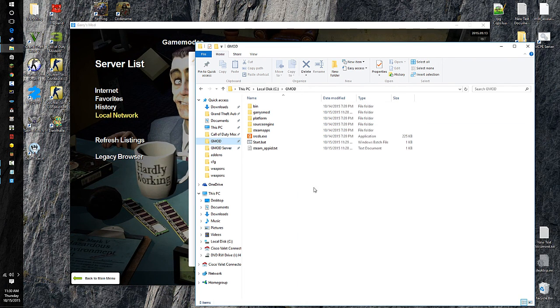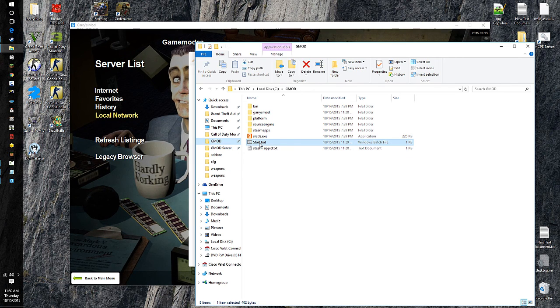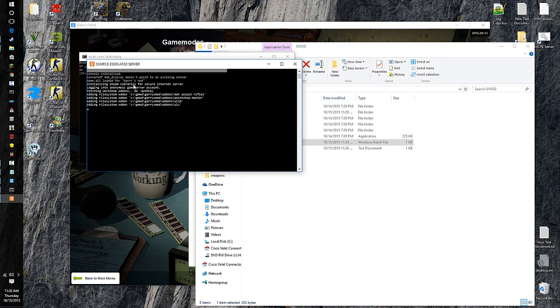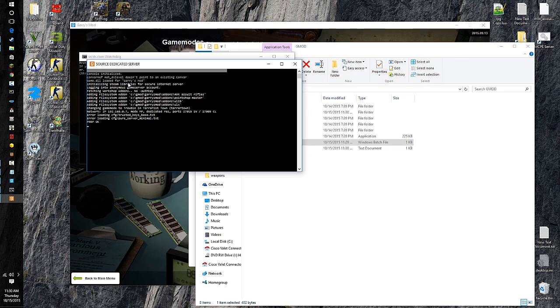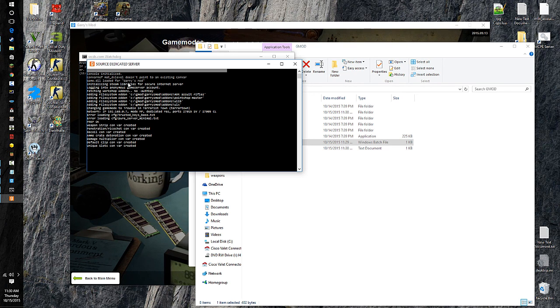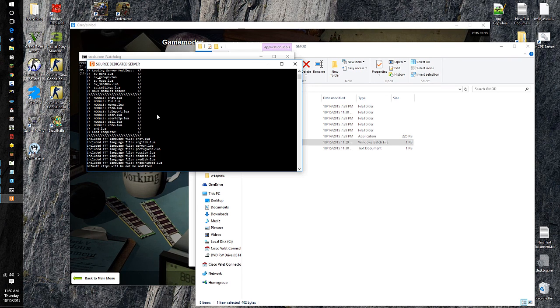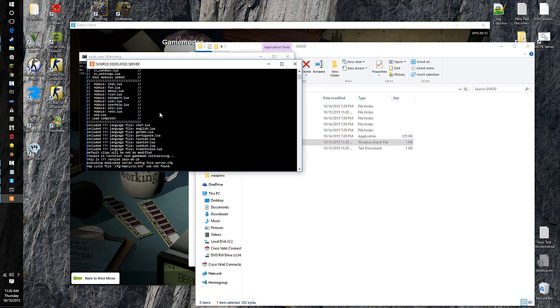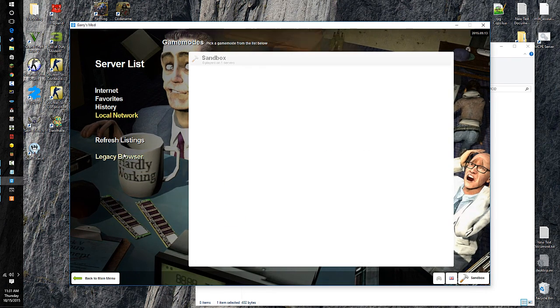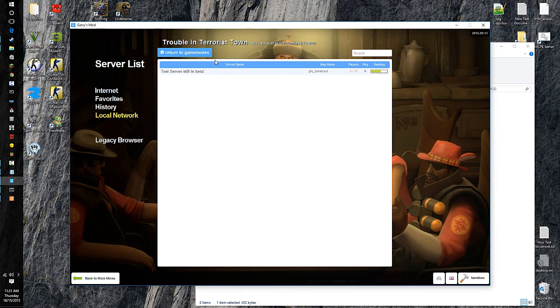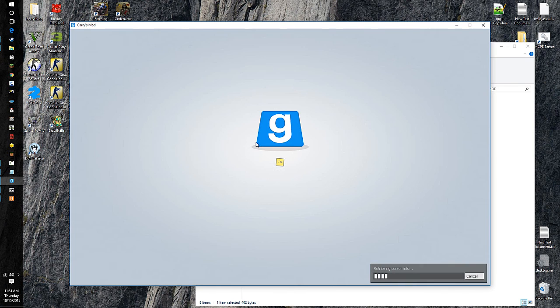We're gonna save that, close it, and now when you start it, it does still say Garry's Mod. I don't know why it does that. But as you could see, when it paused, it says setting game mode to Trouble in Terrorist Town, and we should be able to refresh our listings, and there we go. So it's Trouble in Terrorist Town. It says it's still in beta,